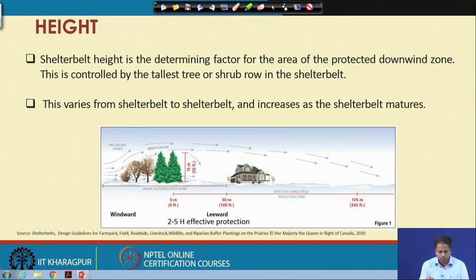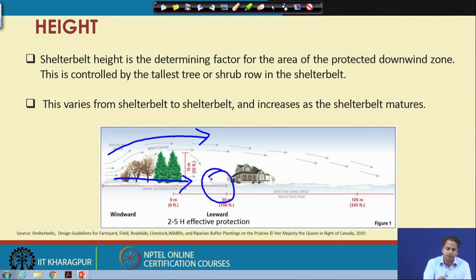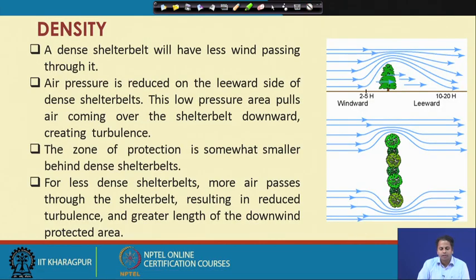Okay. So, here we have seen that this shelter belt is used to protect from the wind current, as well as it is trapping the snow. So, it is protecting this area from snow as well as wind. Okay. Now, the next important parameter is the density.